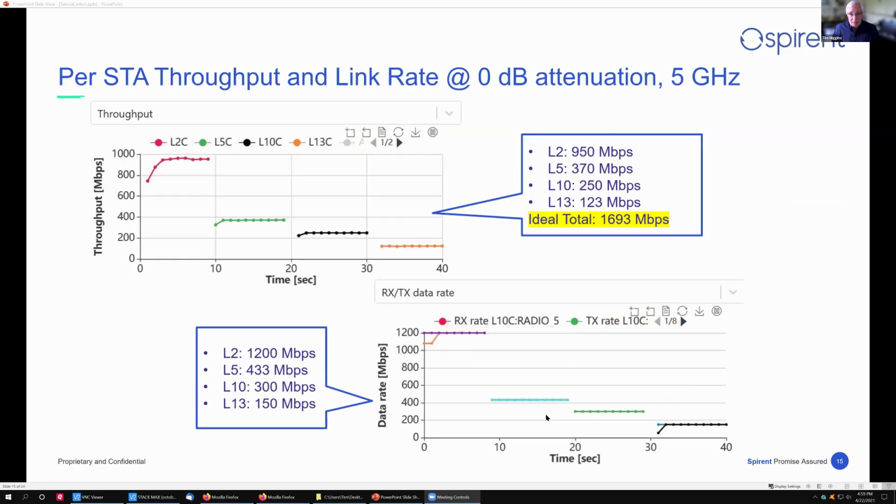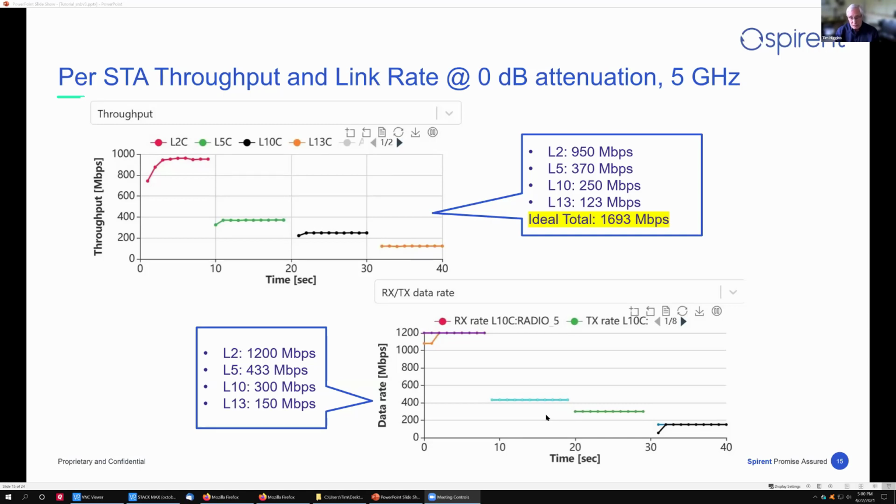If we look at the best case throughput scenario, what I did here is I associated each of the station types to a 5 gig radio on the device under test to see what's the best throughput I could get. You can see the numbers.